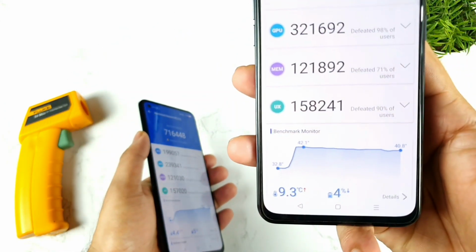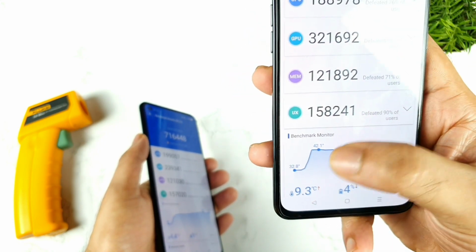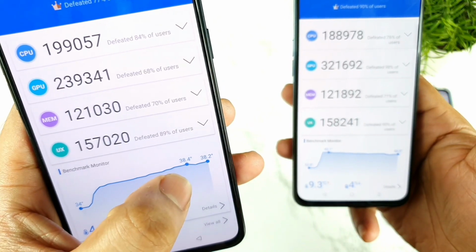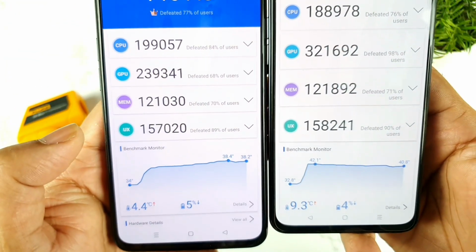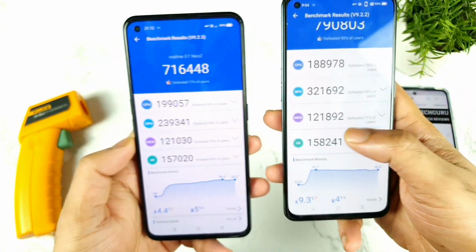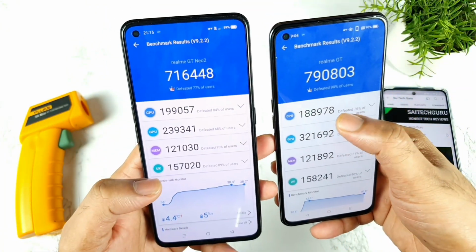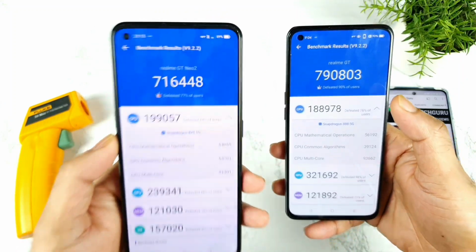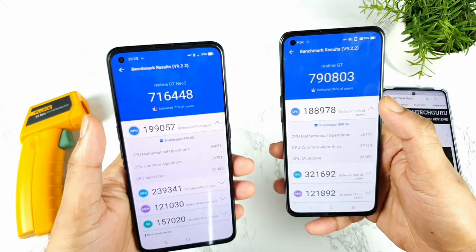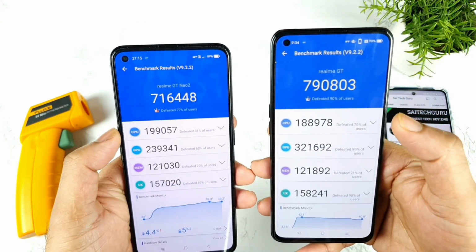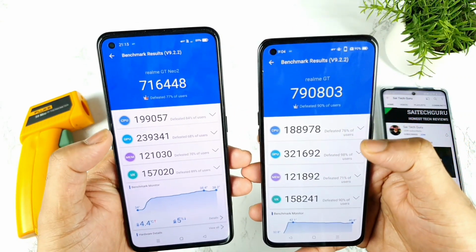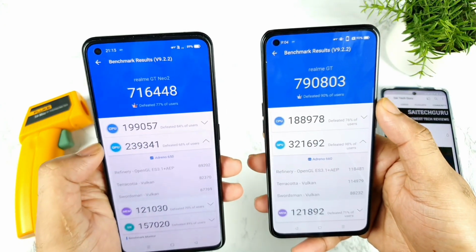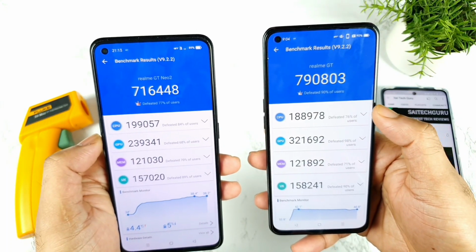And the temperatures did increase up to 42.1 degrees, highest temperature 42.1. And Realme GT Neo 2 also increased up to 38.4 degrees. But you can see clearly in the side by side comparison how huge the difference is regarding the temperatures. And you can see the CPU scores, about 1,88,000 and 1,99,000. So this Realme GT Neo 2 scored higher than the Realme GT device in terms of the CPU scores. As you can see friends, that's quite shocking to see. And GPU is about 3,21,000 versus 2,39,000. The GPU score, you can clearly see friends, not bad.